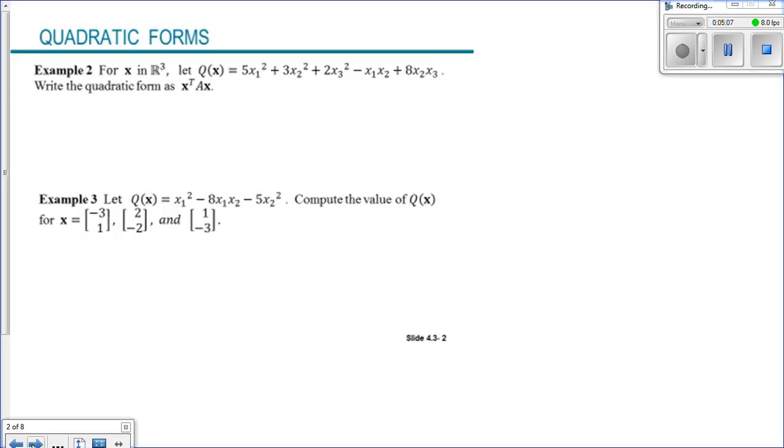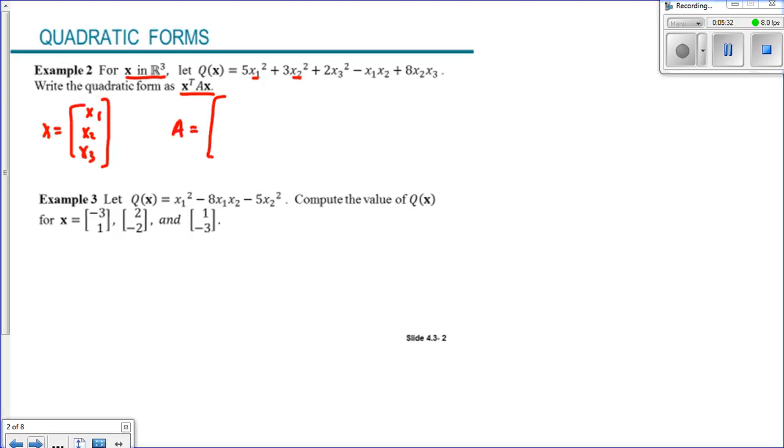So here's the quadratic form, and we want to write it in this form right here. We know that our vector x will be of the form x1, x2, x3. We're talking about x being in R3, and you see x1s, x2s, and x3s in the quadratic form. So there's our given x. Our matrix A,